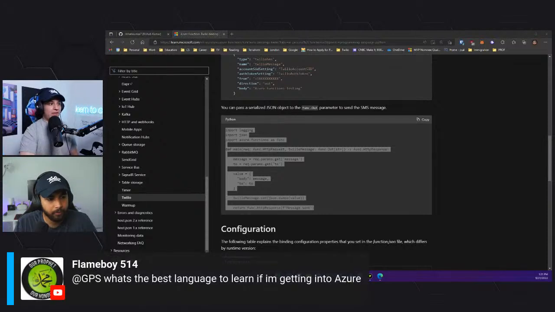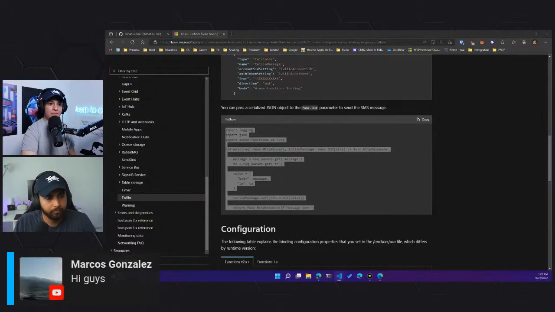Oh, sure, yeah. We've got here, what's the best language to learn if I'm getting into Azure? If you already know a language, I'm pretty sure that's going to be supported on Azure, despite popular belief, and we're trying our absolute best to overcome this. Azure is not just a .NET or C# specific platform. There are tons of other focuses that we have. There's JavaScript. There's Rust. My friend Liam, colleague on our regional cloud advocate team, is working a lot to get better support and more awareness for Go on Azure. There's a bunch of different ones. So the one that you actually know, I'm pretty sure you can get it to work in Azure. Java and whatnot.